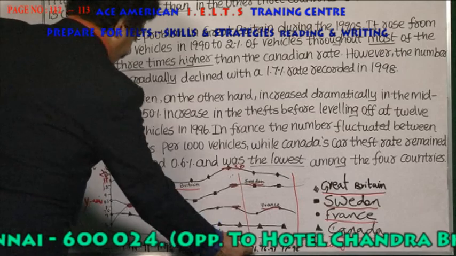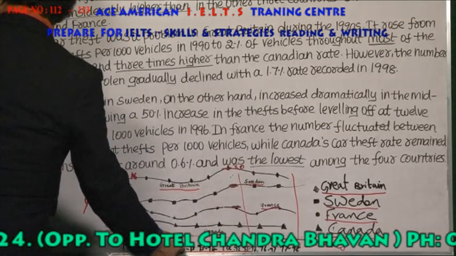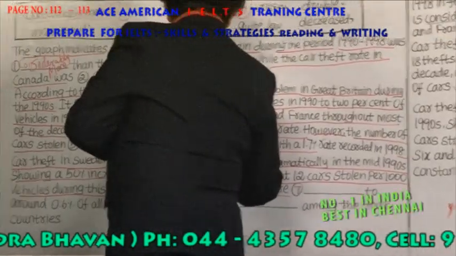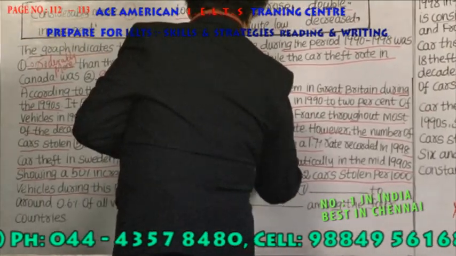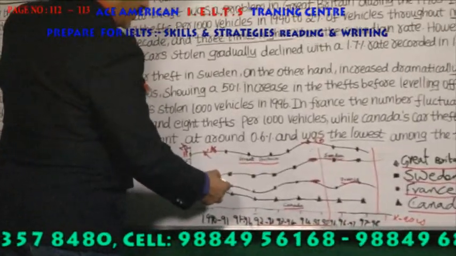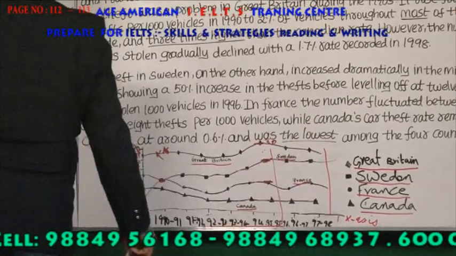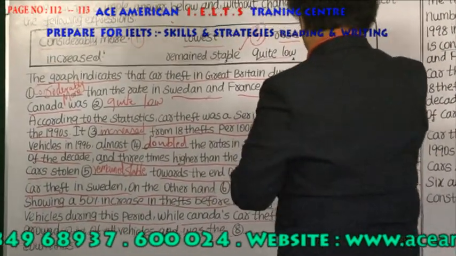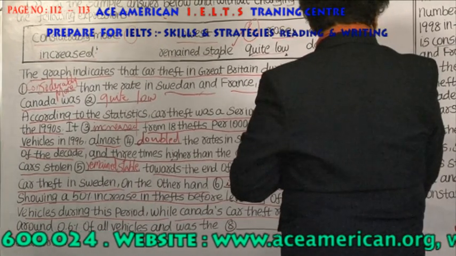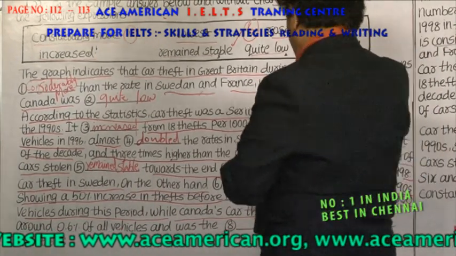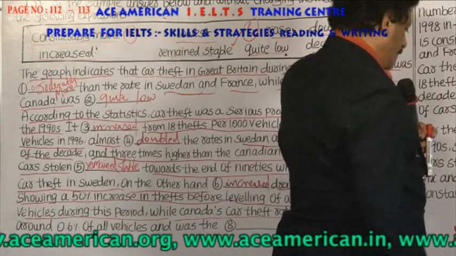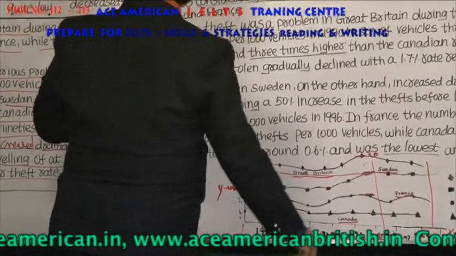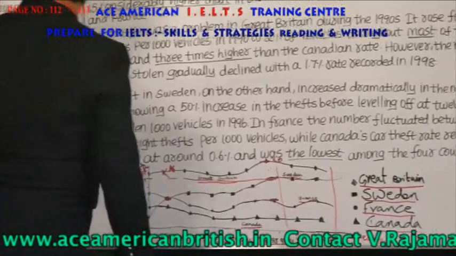This is the period. Increased dramatically. Sweden, see, from here it has gone here, dramatically increased. It is increased dramatically in the mid 1990s, showing a 50% in the thefts before leveling off at 12 cars stolen per 1,000 vehicles during this period. So see here the Sweden. What is the number of cars? 12. Stolen per 1,000